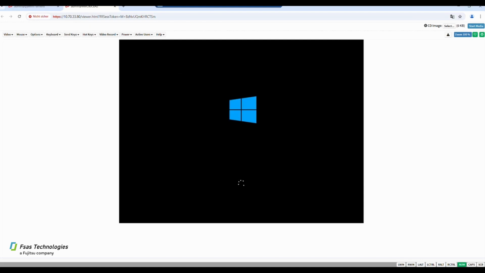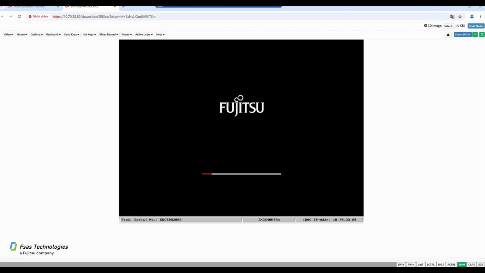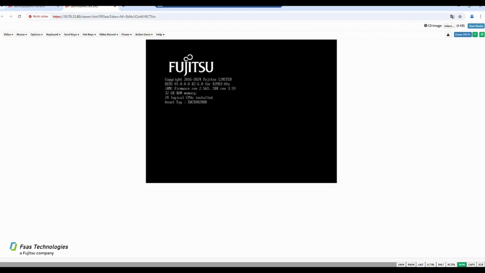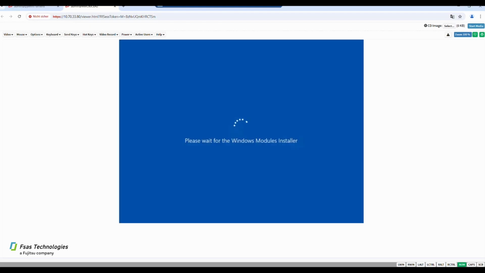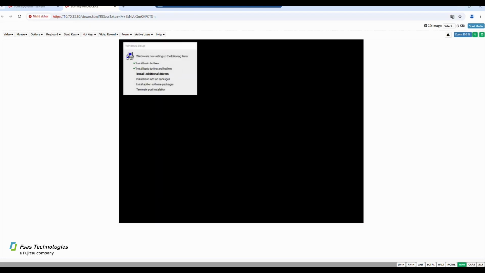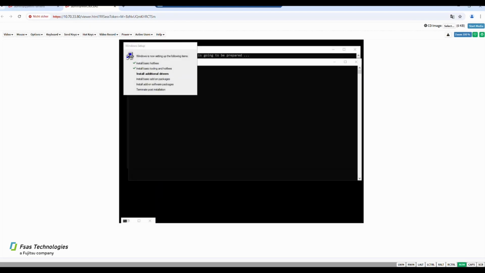The OS boots up. The OS requires a reboot. Now the installation of additional packages and drivers will start.